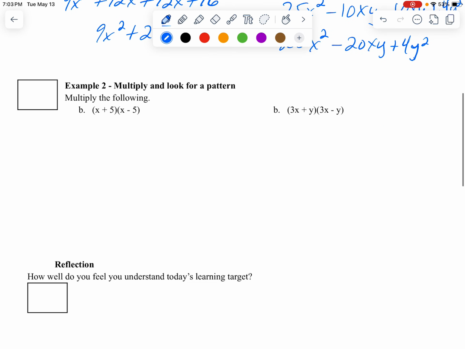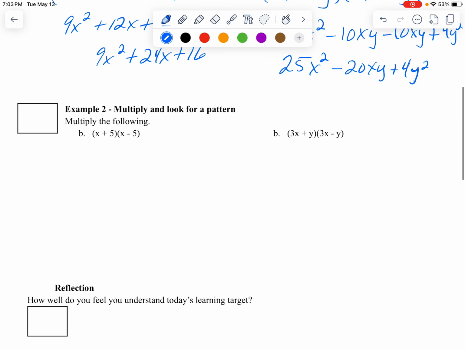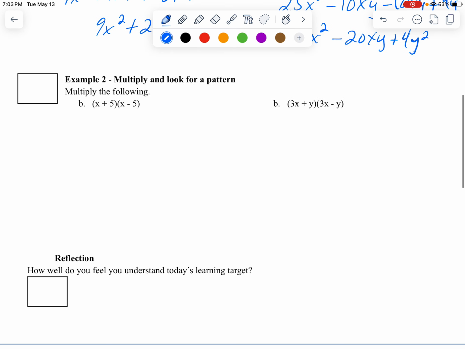Moving on, what's going on here? Now, notice I've got an x plus 5 and an x minus 5. So the terms are exactly the same, but one is positive and one is negative, and there's going to be another pattern that you might notice here. So again, if we just start going through this process, my first term would be x squared minus 5x plus 5x minus 25. And in this case, notice, now I've got a positive 5x and a negative 5x. What's going to happen when I add those together? You're just going to get 0, so this becomes x squared minus 25,